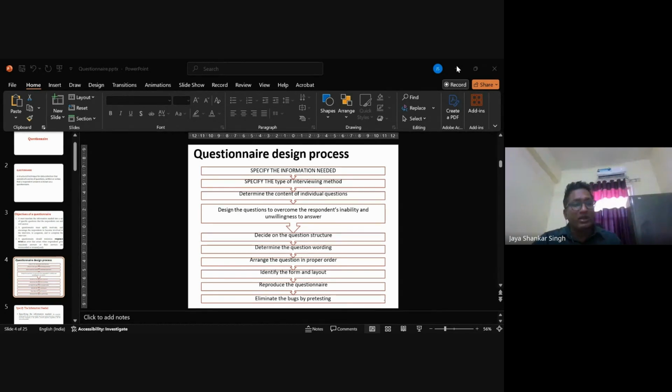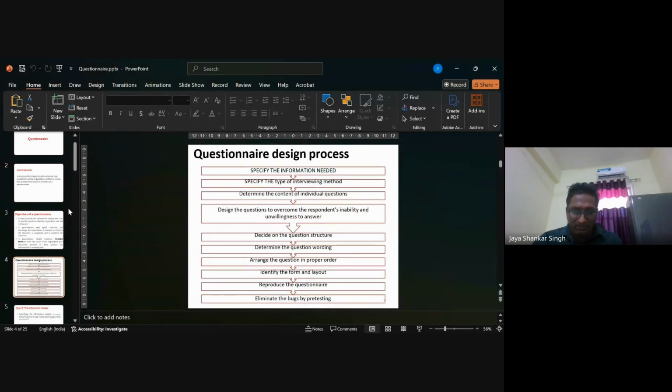There can be a number of things which can happen. So this pre-testing helps you to identify those kinds of issues beforehand, before going into a full-fledged data collection mode. And because of not doing pre-testing, misinterpretation, missing data, misanalysis, everything will happen in your data. Clear? Okay, so more or less we have discussed all the steps in the questionnaire design process, right?